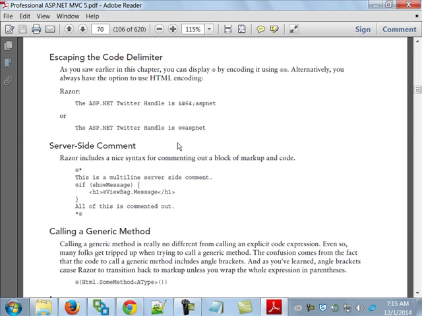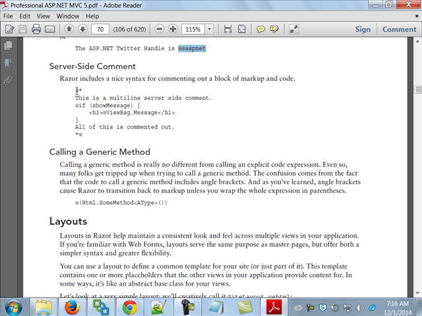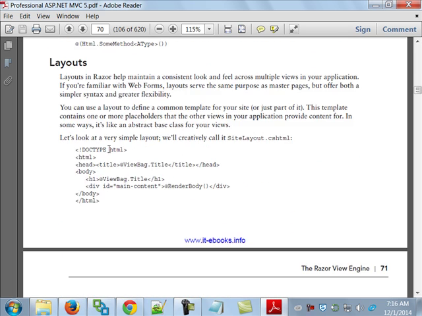Couple more things here. Page 70, escaping the coding delimiter. All right, with two @ signs. It says you can display the @ sign by using two @ signs. So if you do want to actually, it's very much like using escape characters. Comments, notice, start with a @ sign star and then end with the star @ sign. Okay. And then finally, the last thing I believe that's discussed in this chapter,